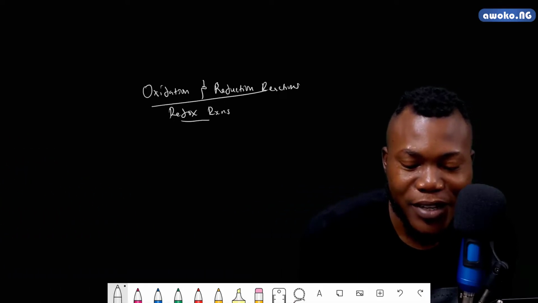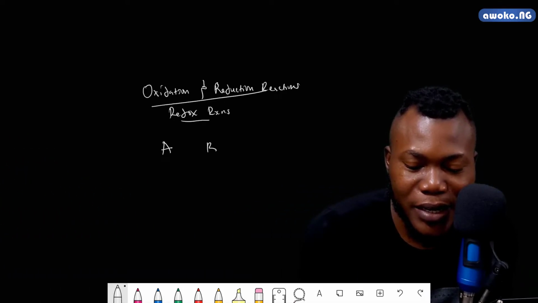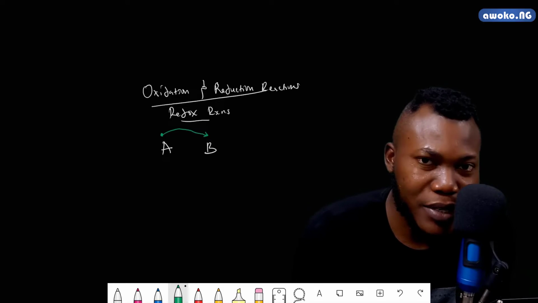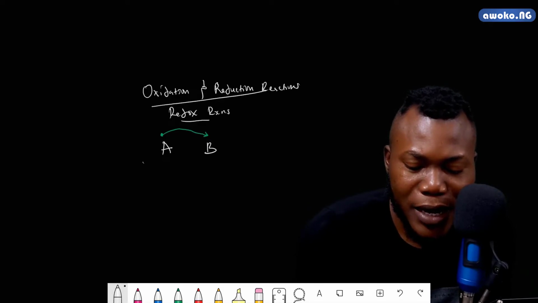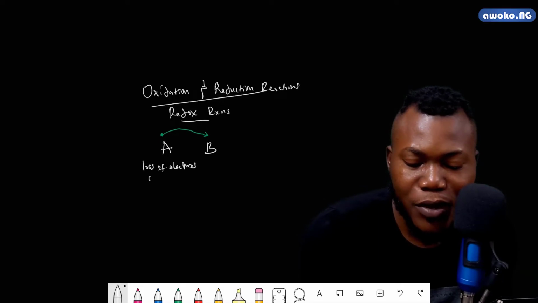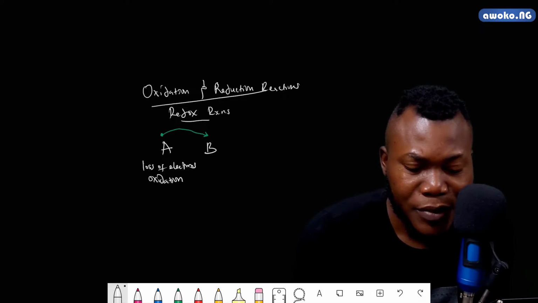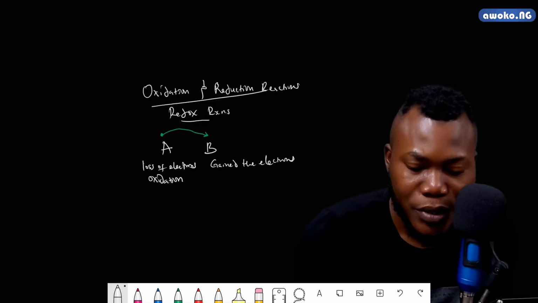So if I have these two species, A and B, and electrons are being lost from A and received at B, then the point where the electrons are lost, we call this loss of electrons, and I'll say oxidation has occurred here at A. On the flip side, because B received these electrons from A, I'll say that B has gained the electrons. So reduction